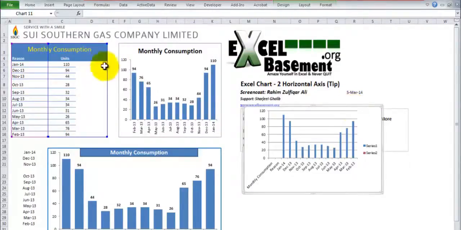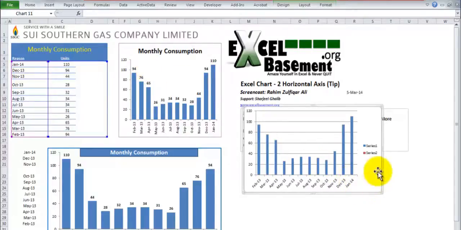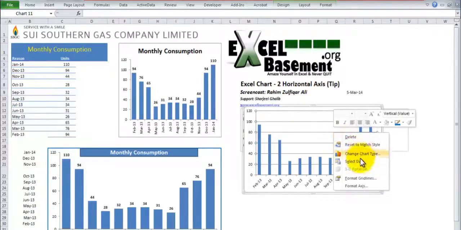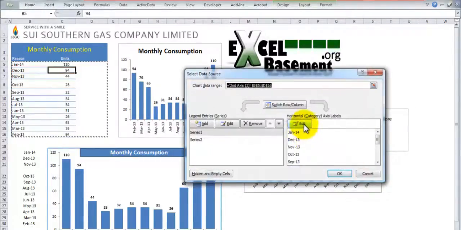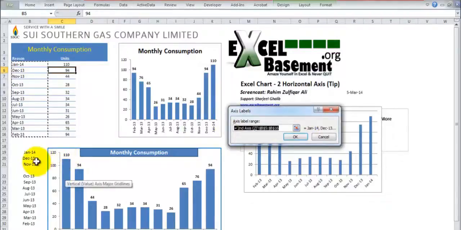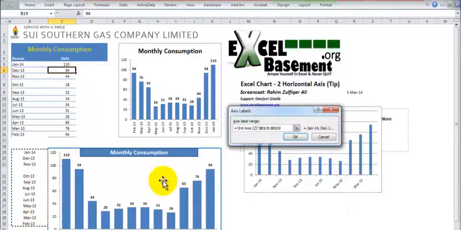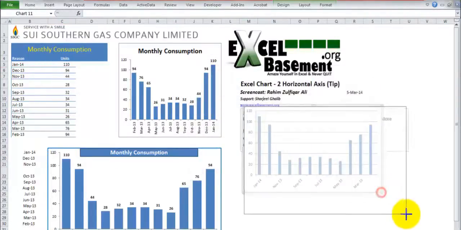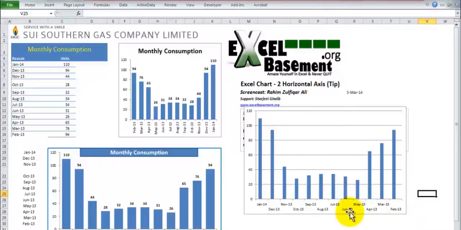Alright, click on the chart, go to Select Data, and here click on Edit and select the range from the helper column we have just made. Press OK, and now you can see that your chart's horizontal axis has been divided into two lines: the alternate 6 months in the first line, and the other alternate 6 months in the second line.